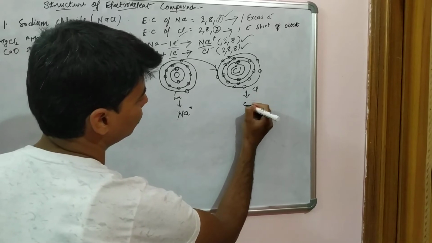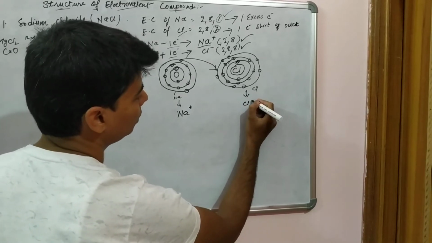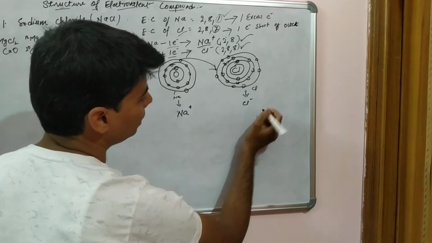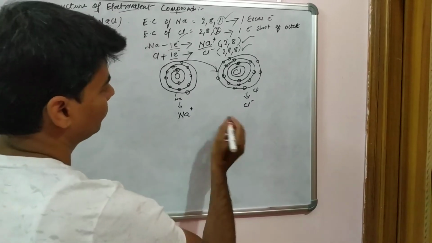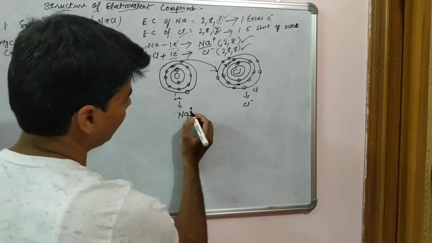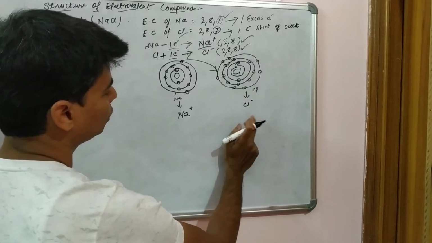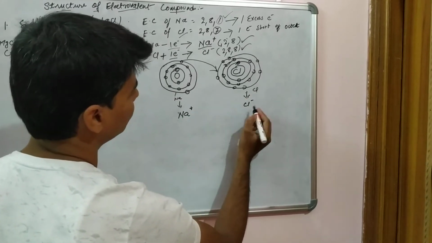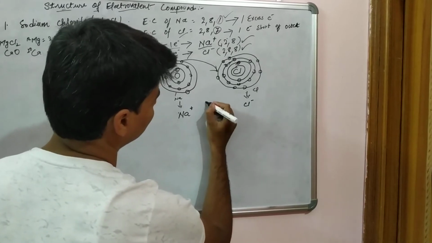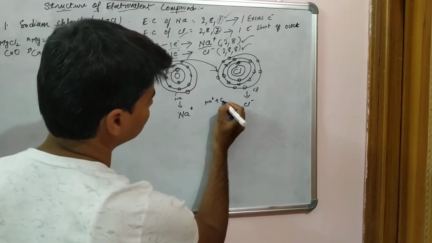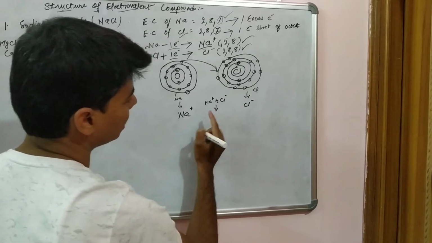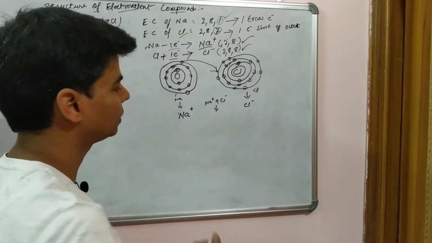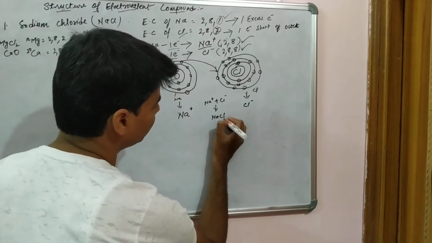Similarly, chlorine, after gaining 1 electron, will become a chloride anion. And hence, since sodium and chlorine developed opposite charges, sodium ion plus chloride ion, these ions have a high electrostatic force of attraction between them,